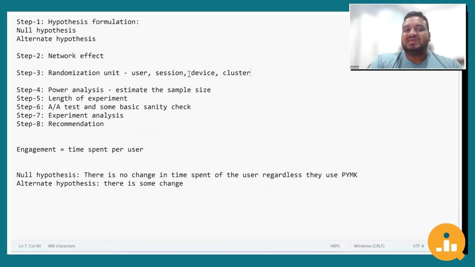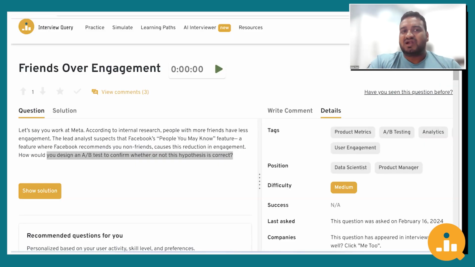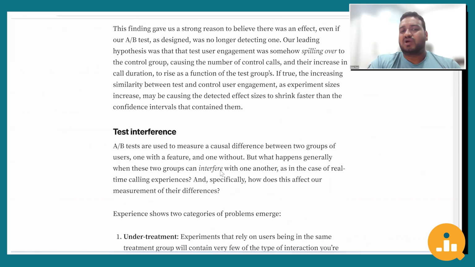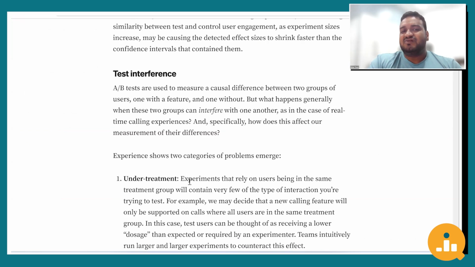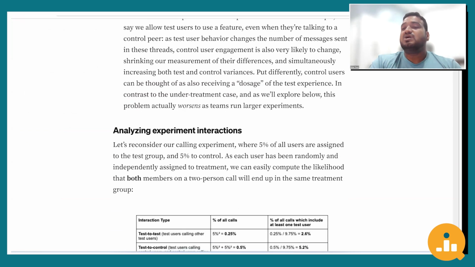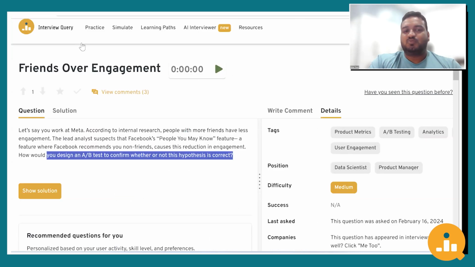which we would be creating. And then again, power analysis and all things would be on the basis of those clusters. You guys can refer to this article. Meta has talked a lot about how to design experiments for network effect, what the pitfalls are, and how to handle those. But from an interview perspective, even recognizing that there is a network effect happening is going to give you brownie points, and that is how you are going to stand apart in comparison to